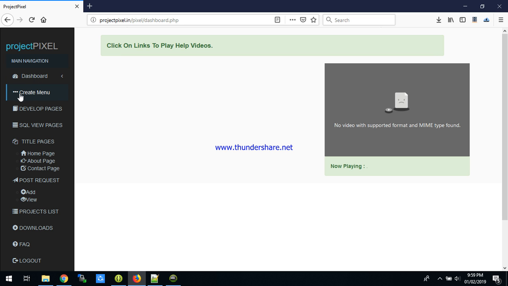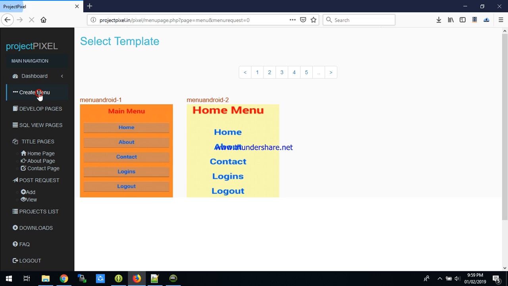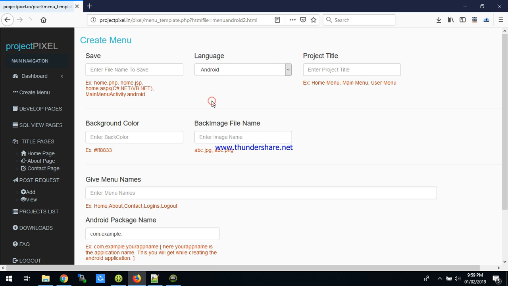So for this I have to select create a menu. In this create menu, it is showing two options: Android menu 1 and Android menu 2. Whichever type of menu that you want to create, you can select. So I will select this second one, and save this particular menu with a file name. So I say main menu